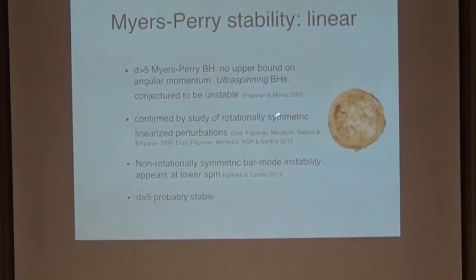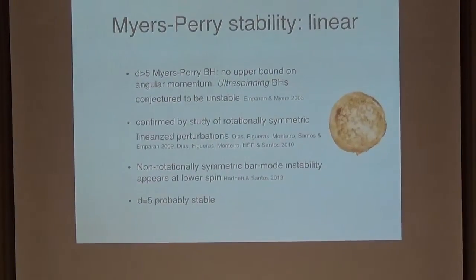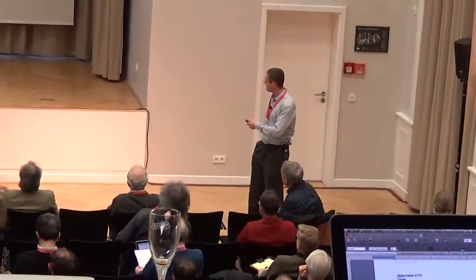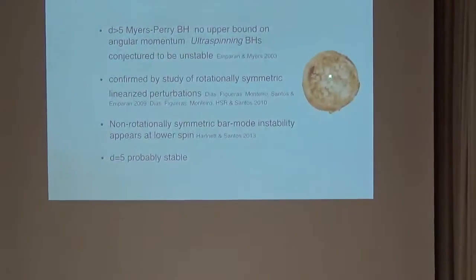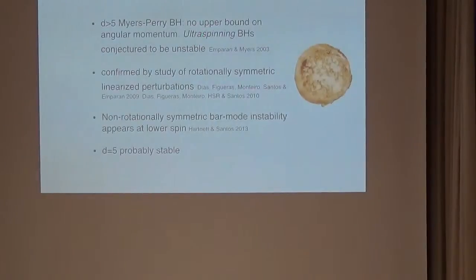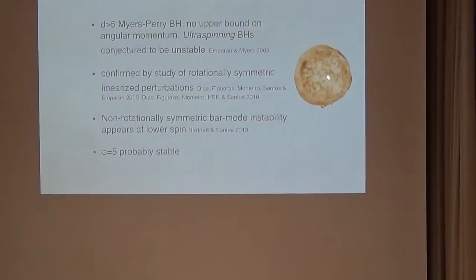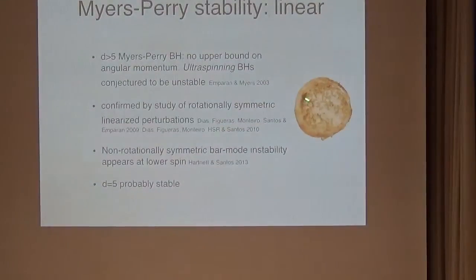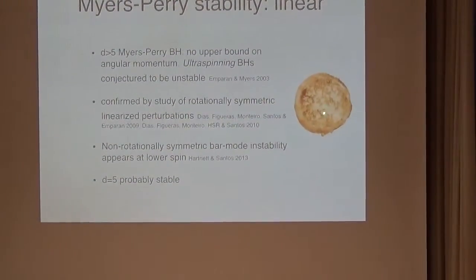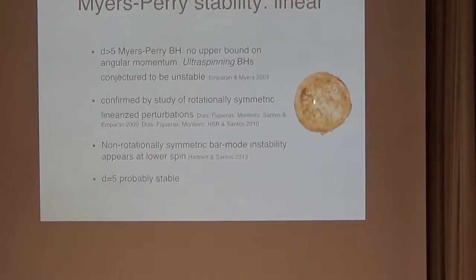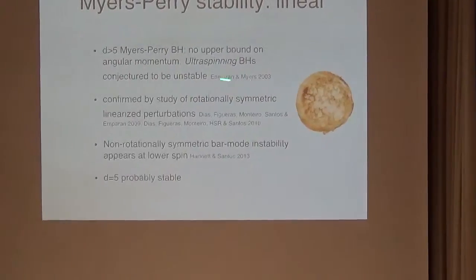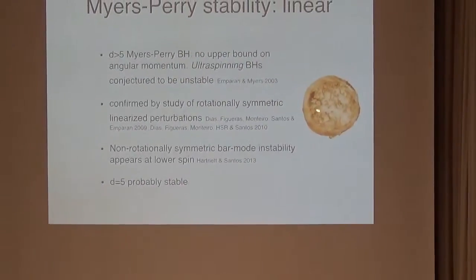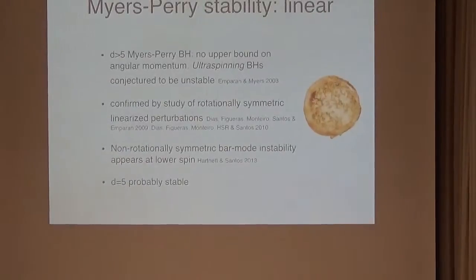If you look at the geometry of the horizon of these black holes, it turns out that it's become flattened into the plane of rotation. So an ultra-spinning Myers-Perry black hole looks like a pancake, a rotating pancake, rotating in the equatorial plane. If you look near the axis of the pancake, the solution looks very much like a product of the Schwarzschild solution with a flat direction, a black brane, if you like. And so such solutions are known to be unstable against the same kind of instability as the black string, and so this strongly suggests that these rapidly rotating Myers-Perry black holes are probably unstable.